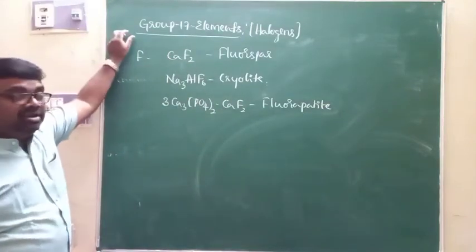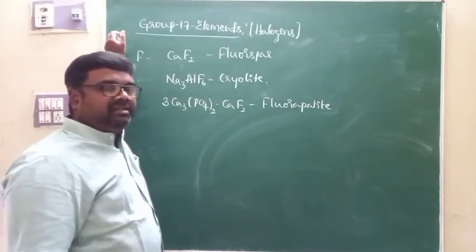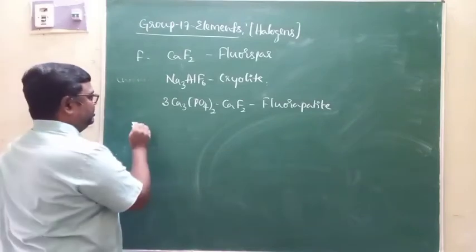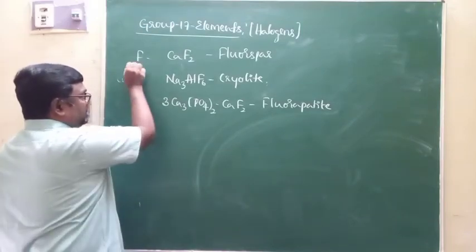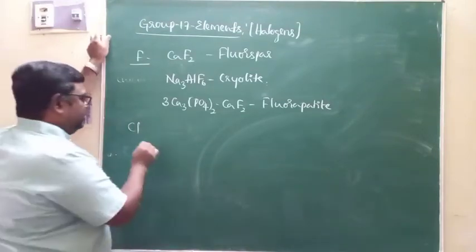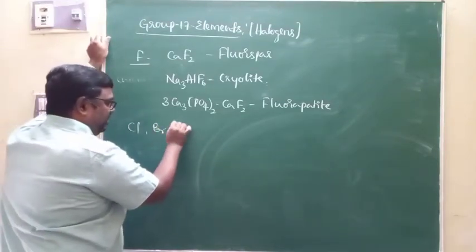Apart from that, this fluorine is available in teeth and bones also, right? In teeth and bones also. That is what we call the occurrence of fluorine. If it comes to the question of chlorine, and of course bromine and iodine, these